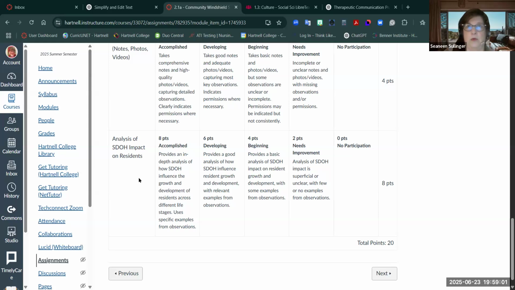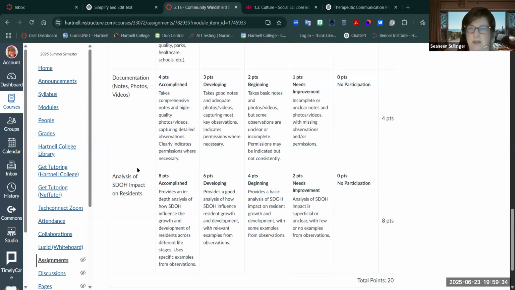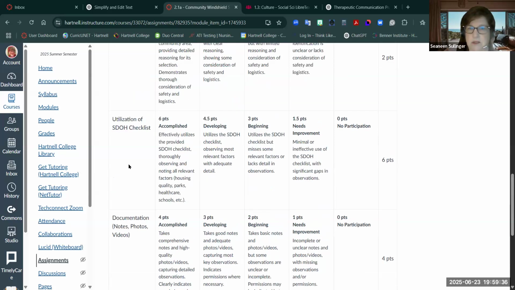If there are only fast food restaurants and no healthy food, how might that affect the health of children, adults, the elderly? How might lack of transportation, poorly kept roads, no bus service, or the fact that the nearest hospital or clinic is 5 miles away affect growth and development? Does that help a little bit, Veronica?